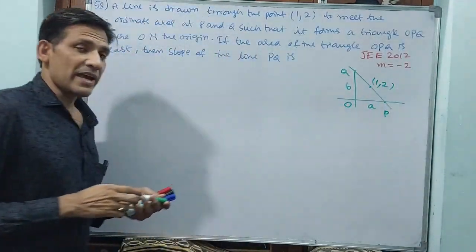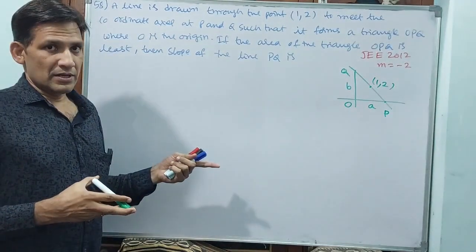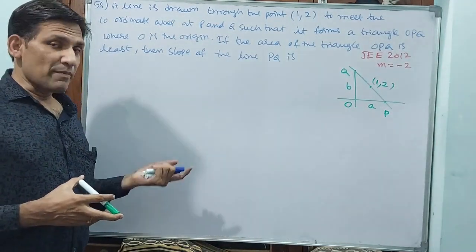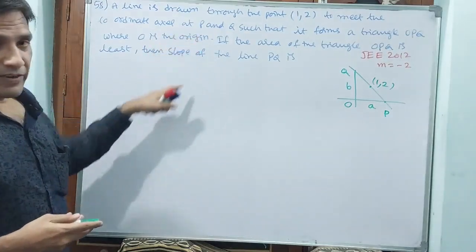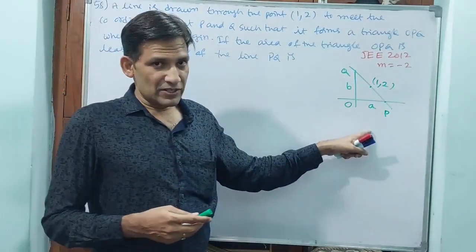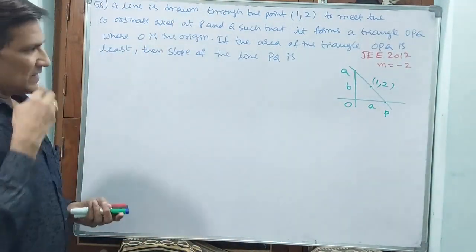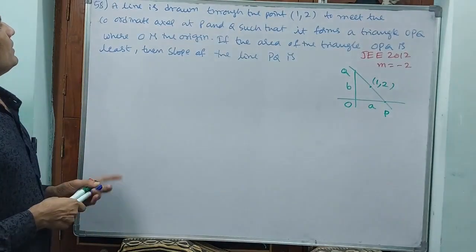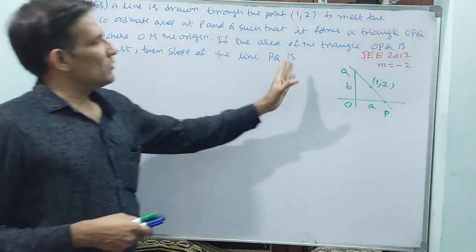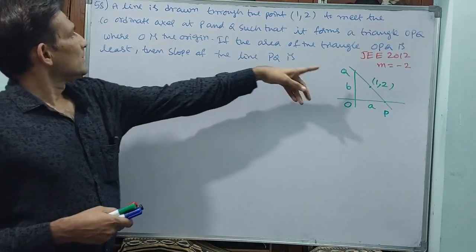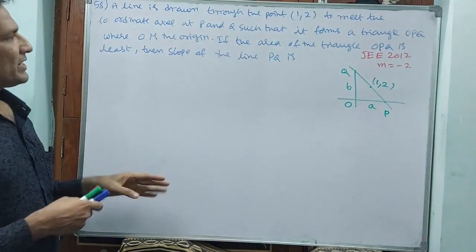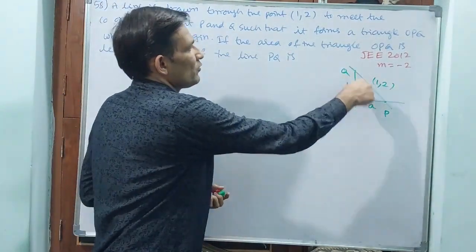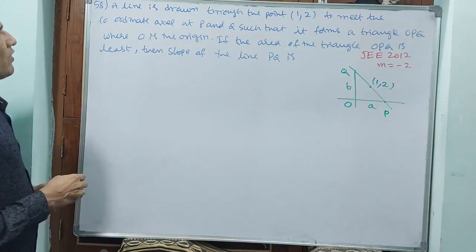See, this question has come already in a different chapter. But there we have done it in some other method. But because differentiation was not there, here we will do it with differentiation. How are we doing it? Observe carefully. A line is drawn through the point, touching the coordinate axes at P and Q. It forms a triangle OPQ. OPQ is a triangle, we know very well, where O is the origin.